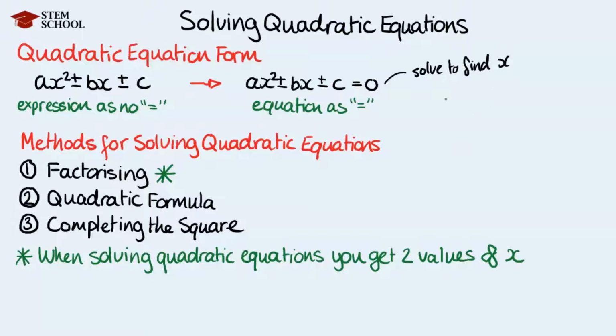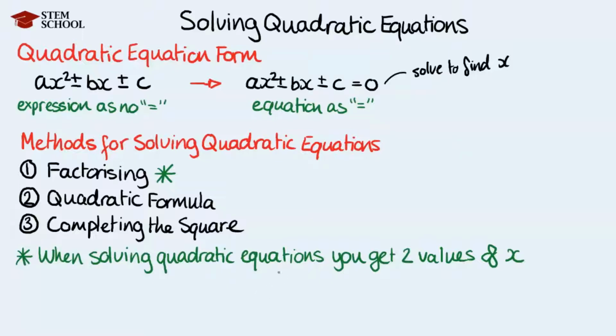There are three methods to solve these, and I'll do a separate video for each method, so check those videos out. The idea is that if the factorising method doesn't work, then you'll do the quadratic formula. Now, there are some questions that specifically ask for completing the square method, so that's most likely when you'll have to use that. And before I go over this method of factorising, I want to point out that when you